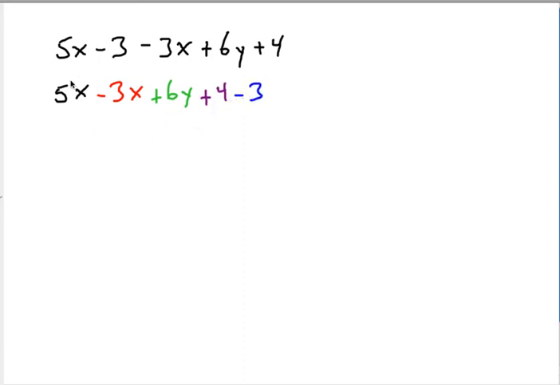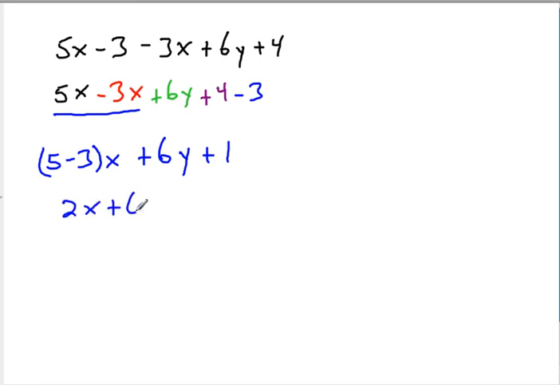Okay. Now we know that these are like terms here because the 5 and the 3 are both being multiplied by x. So instead of doing that now, we can multiply by the x after we do 5 minus 3. So we can have 5 minus 3 times x. The 6y is all by itself, so let's just keep that all by itself. And then this 4 minus 3, well, we know what that is. 4 minus 3 is 1. So 5 minus 3 is 2, and so we can simplify this by saying 2x plus 6y